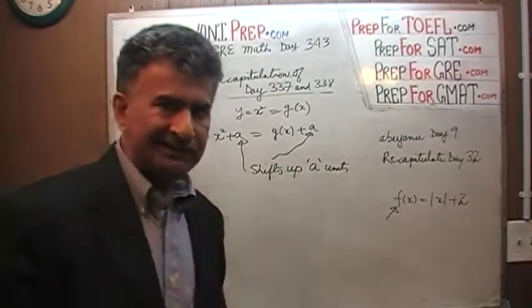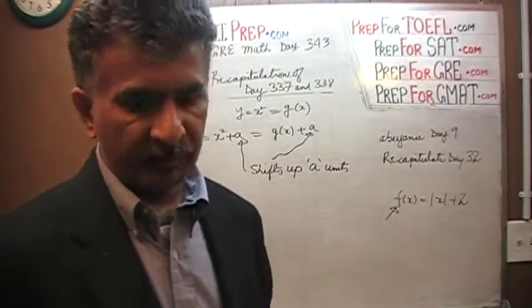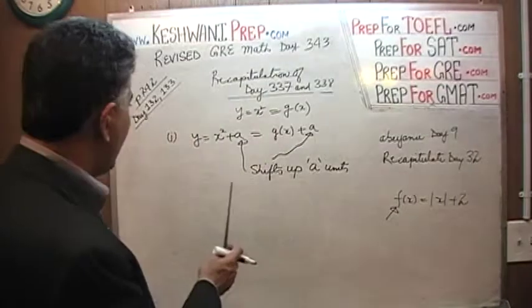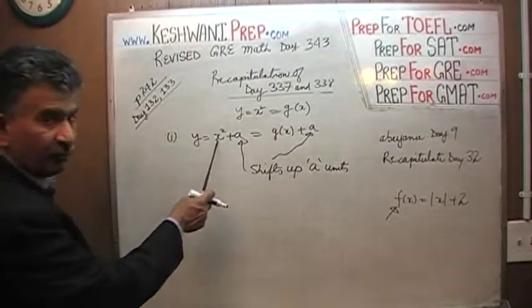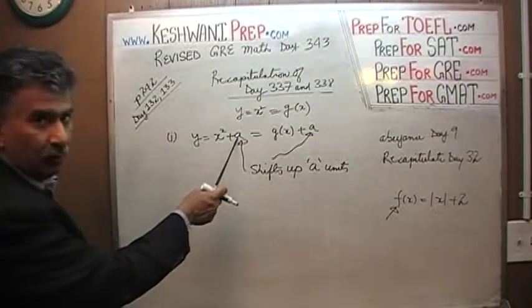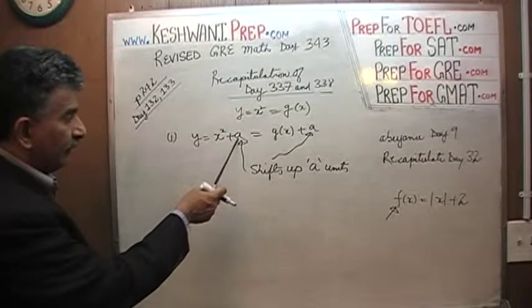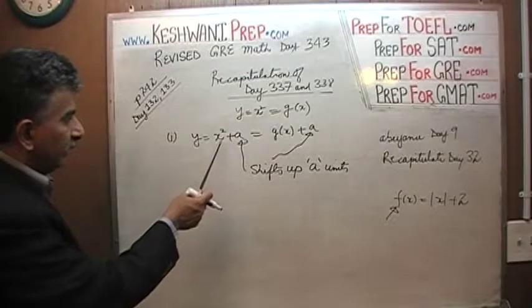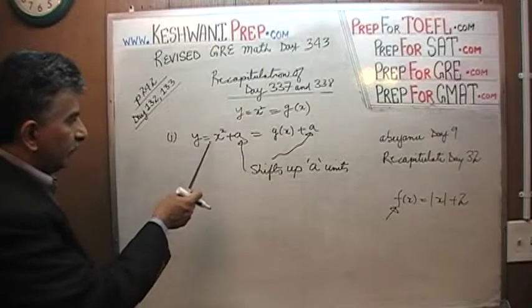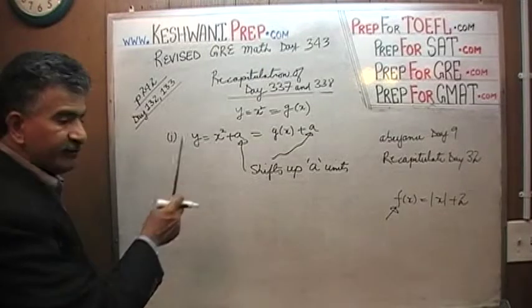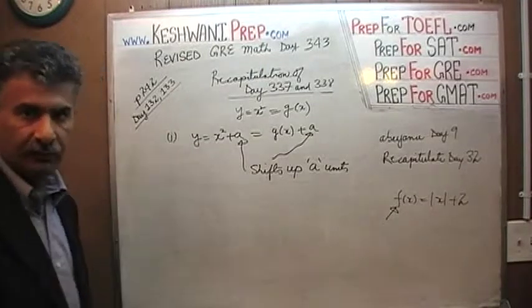Moving up and down is not counterintuitive. Moving up and down is very simple. Whatever the value of the y was before, y before equaled x squared, now it's just 2 more than before, 3 more than before, 7 less than before, whatever the a happens to be. If it's x squared minus 7, then for each given value of x, y is 7 less than before. So it shifts down 7 units, the entire thing,